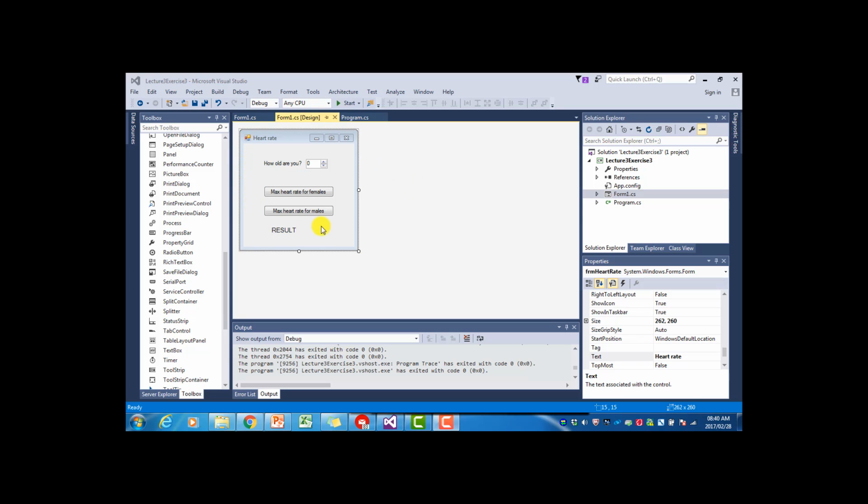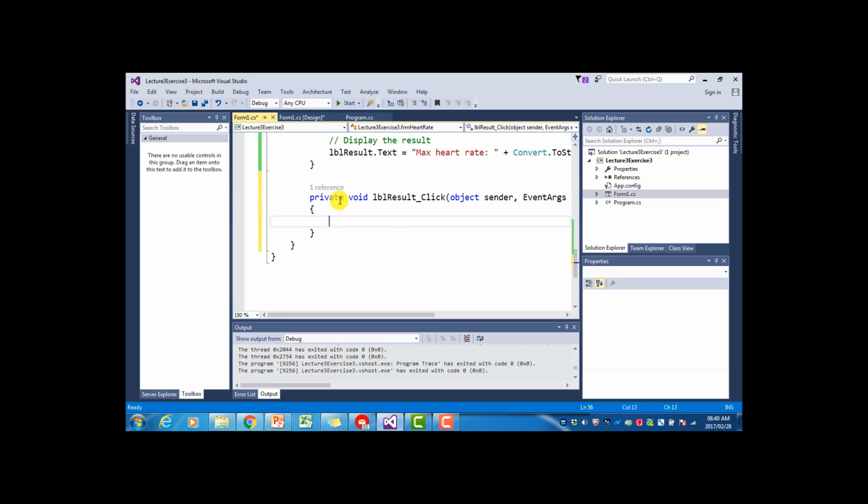Suppose I accidentally double click on the label and it creates this event handler, the label's click event handler. Obviously I don't want to associate any code with the label's click event, so I don't need this event handler. If I just leave it there empty, no harm can be done. But if you're like me, you don't like things hanging around that are not used and you would like to delete it. Okay, so if we delete it